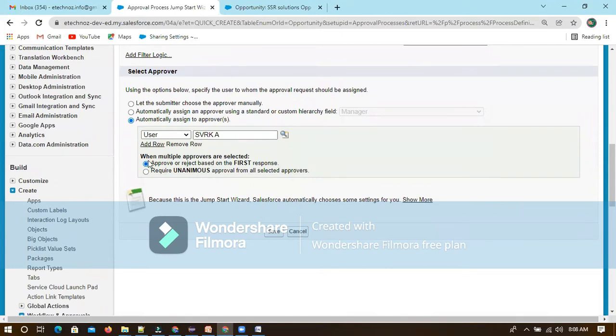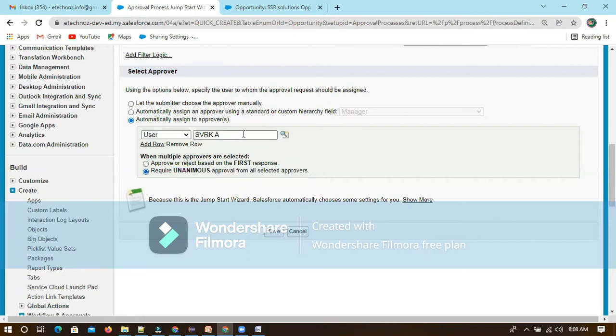And then, when multiple approvers are there, let's consider you have selected a related user, or within that a user, you have selected a public group. Then it can have multiple users. So if I have multiple users, whose response do you want to check? The first person's response, or require unanimous approval from selected approvers.